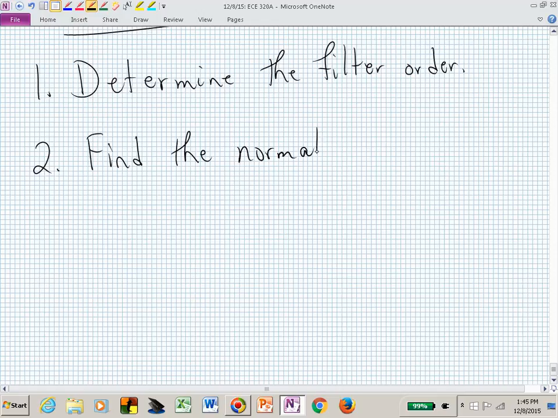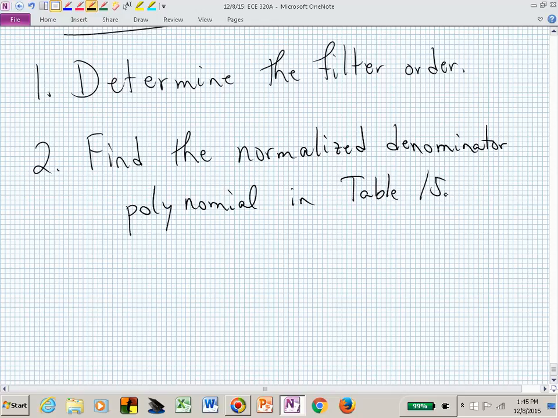If it's bigger than first or second order, then you can look at the table to find the normalized denominator polynomial. In table 15.1. Then what you do